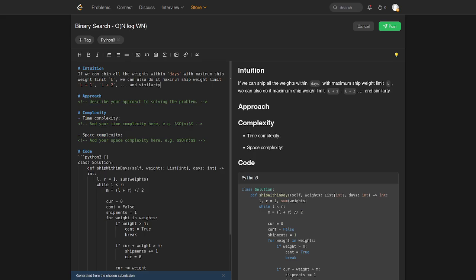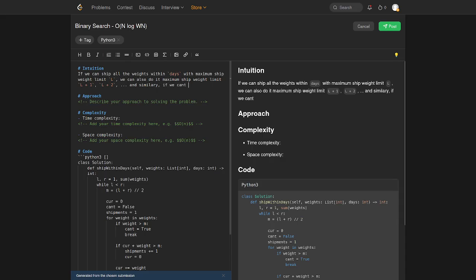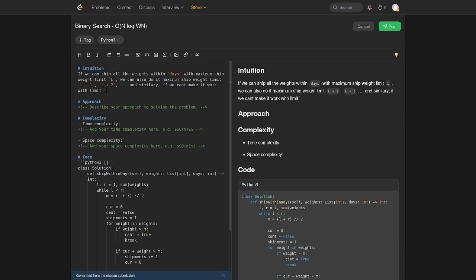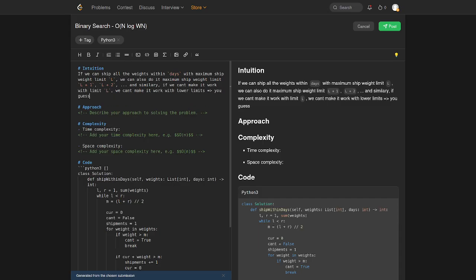And similarly, if we can't make it work with limit L, we can't make it work with lower limits. You guessed it: binary search.